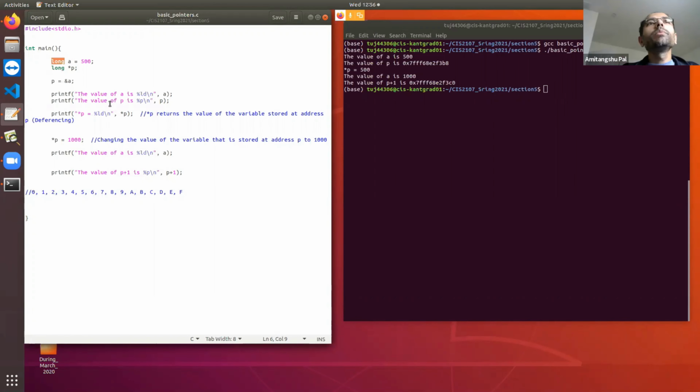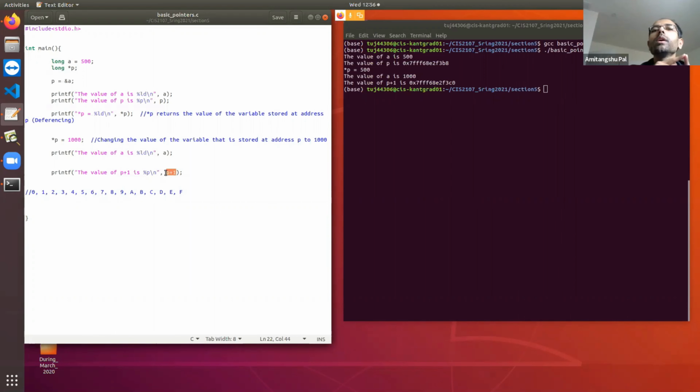So if p points to A, then p plus 1 will point to the next possible position for a long integer. Okay, clear to everyone? So in pointer arithmetic, incrementing a pointer by 1 means it will point to the next available location for the corresponding variable. It's not plus 1. The value is not going to be incremented by 1.